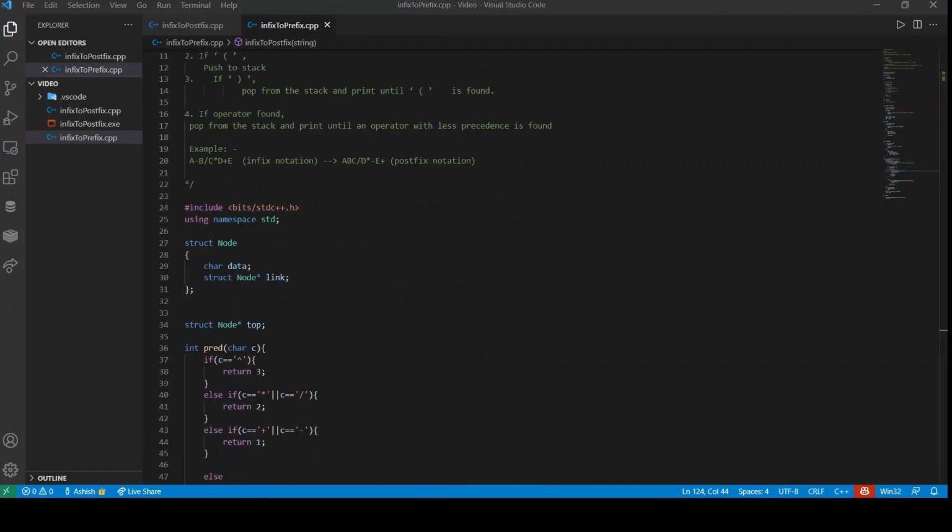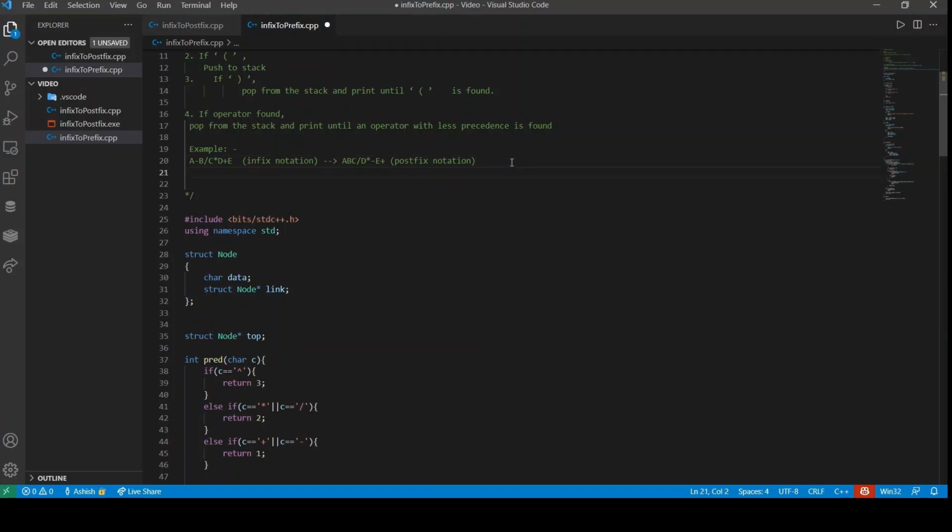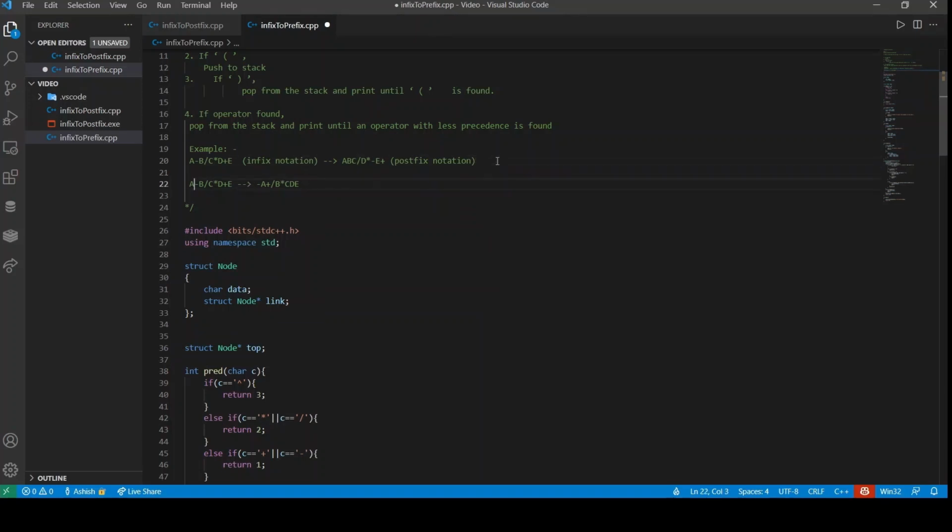So let me do one thing. Let me just have a quick example for us. So this is the example for prefix. Okay, cool.